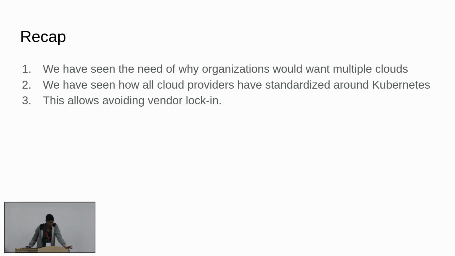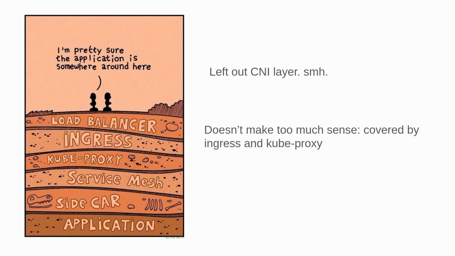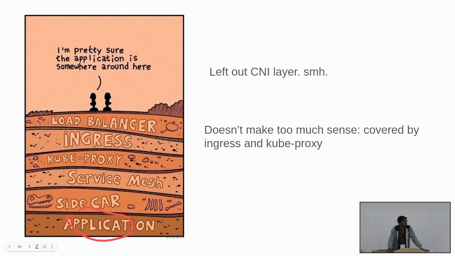So we have seen why we have multiple clouds, why it's the reality, and why it's good for people also, I would say. But that does not make networking simple, right? That may be good for others, but for us as network engineers or network researchers, it has made our life very hard. There are so many layers, right? You have seen some of those layers. Actually, CNI is not even there in this diagram. The person who made this diagram left out CNI. So there is CNI here, you have seen kube-proxy today, we have seen service mesh, we have seen sidecars, and finally the application is somewhere hidden beneath all of that.